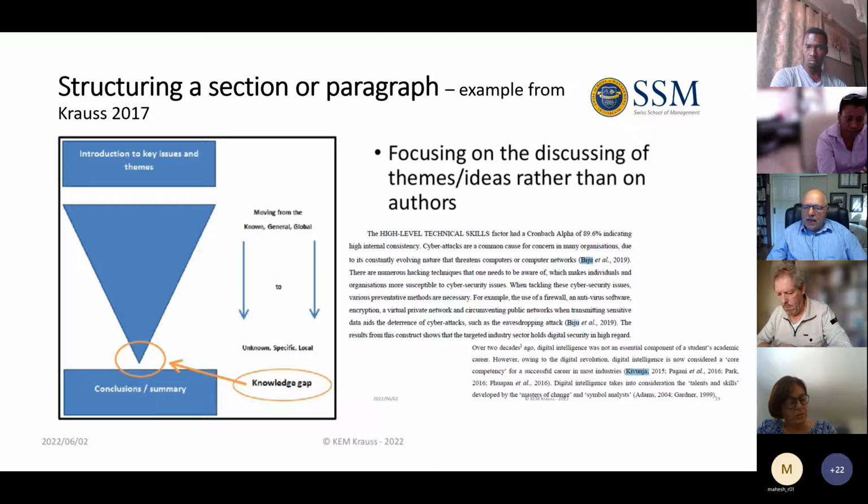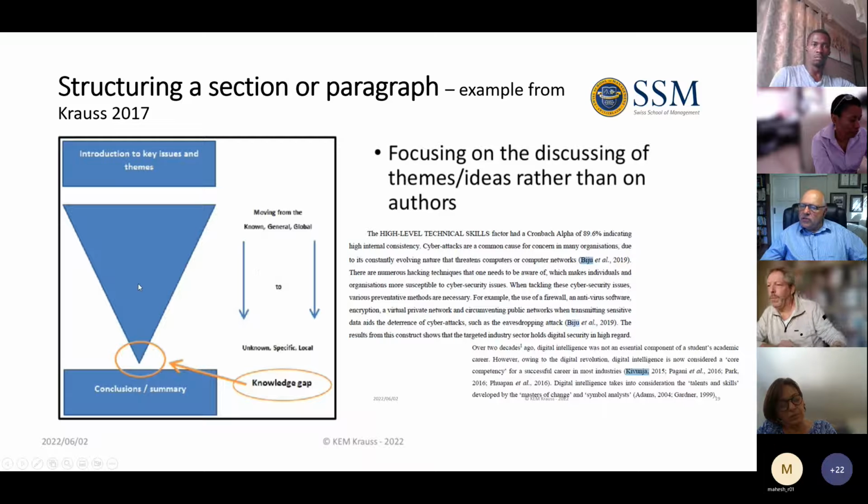Obviously, if you do the literature research, you have to start with particular writers, but again, you create a conversation between the different authors, and then you've got to find your own voice in that conversation, which I'll talk a little bit about later. But I found this very useful, and I hope you do too, this idea of